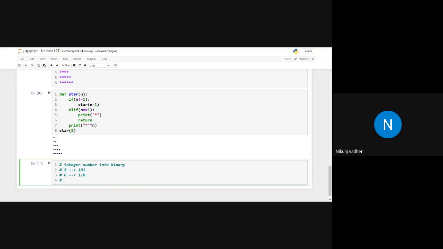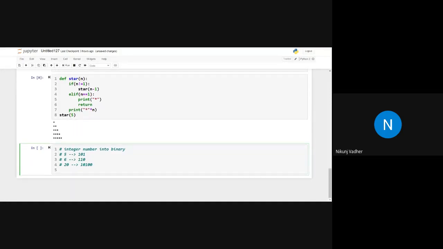If it is, let's say 20, so 10100. Okay, so 1, 2, 4, 8, and 16. So I want to generate this kind of output from this.